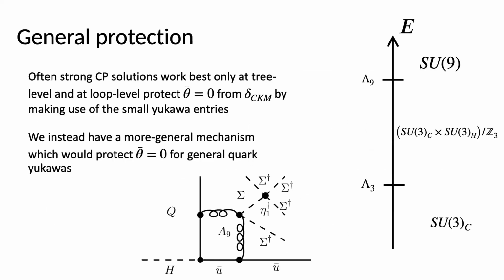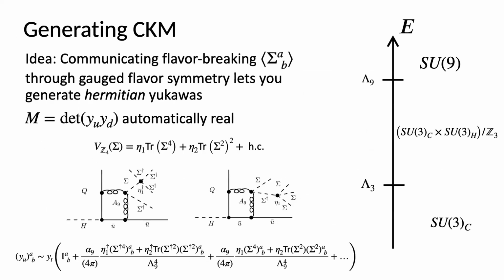But there's a very nice way that you can generate, at least in principle, and we showed the full flavor structure and required CP violation in the Yukawas, in the CKM, while not upsetting this solution. You can use the gauged flavor symmetry to communicate flavor breaking and CP breaking from the VEV of some scalar field that can't directly talk to the standard model fermions at tree level.